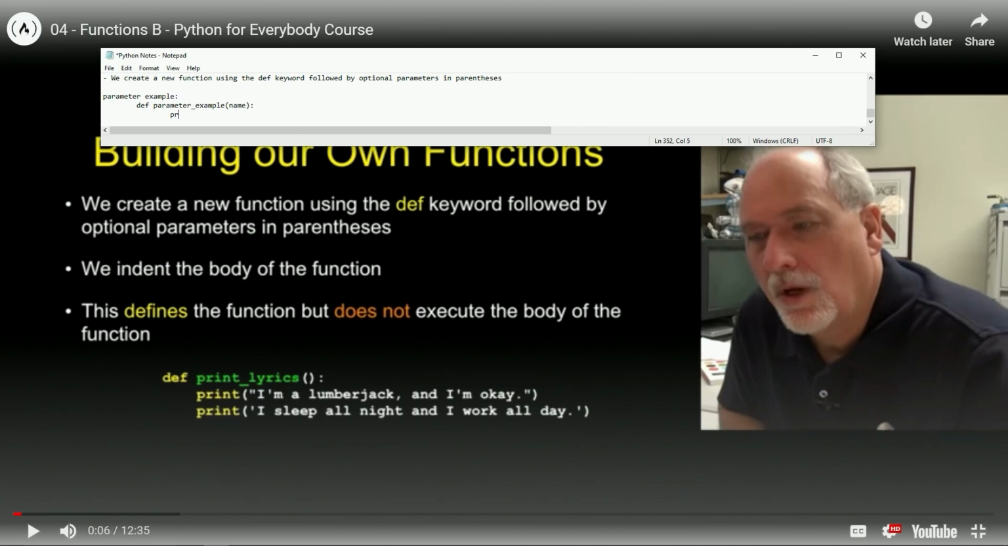We're going to say print hello, we'll put hello space like this, and then we'll say plus name like this. I'm pretty sure they do say that we don't need the spaces, but I'm not that used to Python yet, so I'm going to put the space there anyway. So right here, what it's going to do is when we call parameter example down here, and then right here for the name,